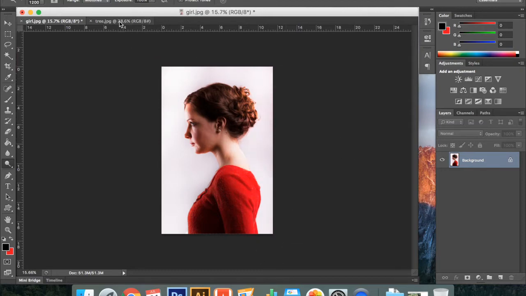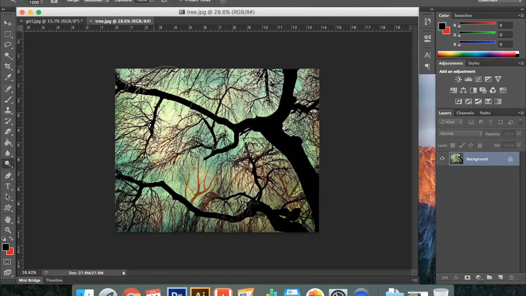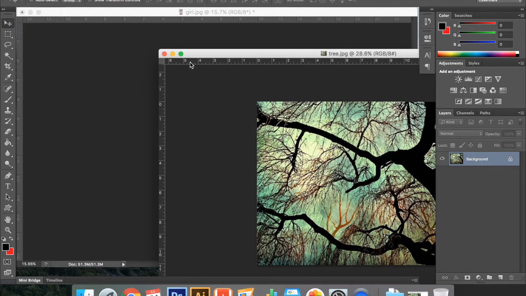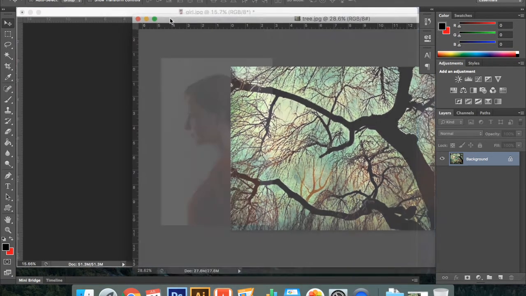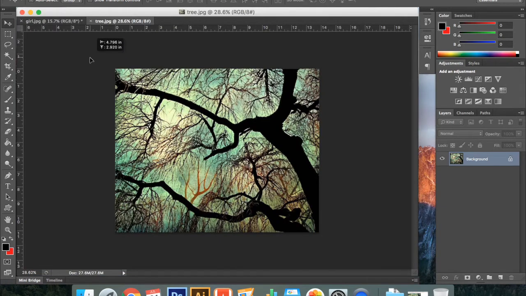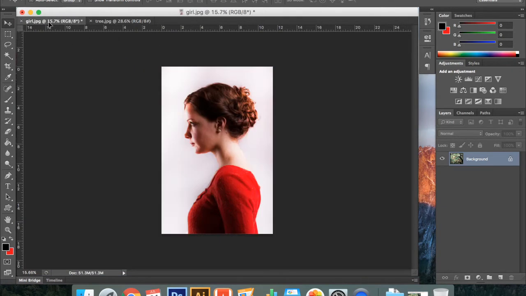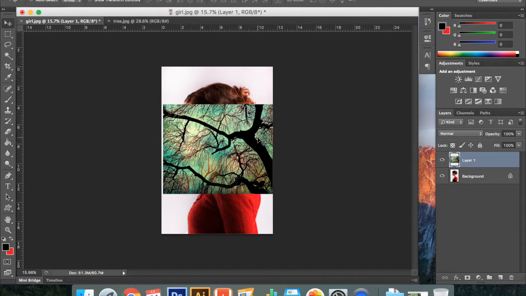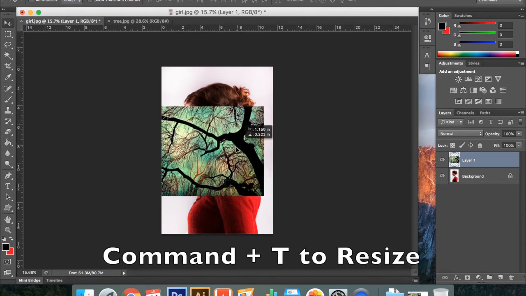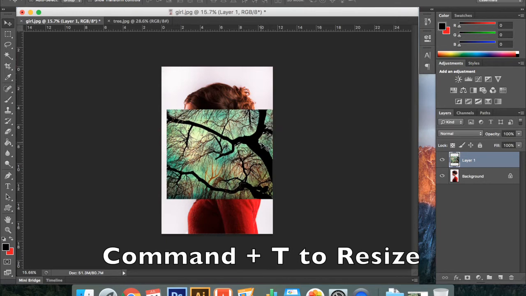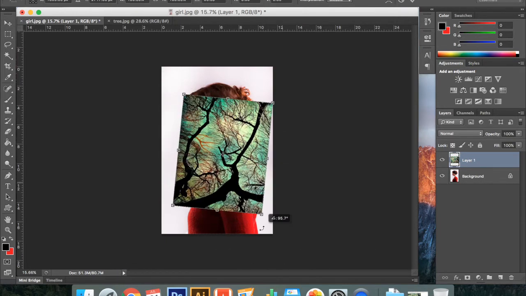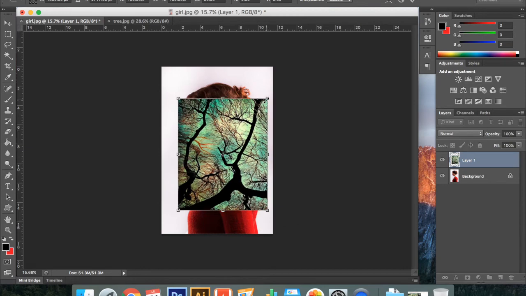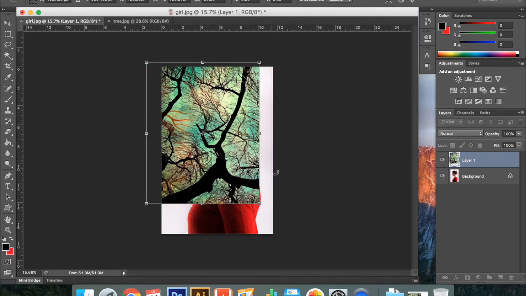So now I'm going to grab this tree, and you can pull it from the two tabs or you can remove this from a tab. Either way works. I'm going to take the tree, drag it up into the girl image, let that pop up, pull it down, and let go. Since these images are different resolution and size, it's not perfect, so I'm just going to do Command or Control T to resize it, and I'm going to make sure that it's covering completely